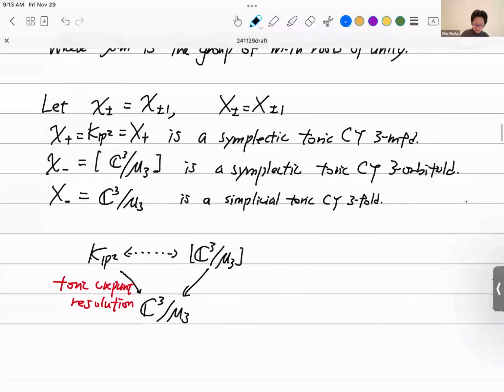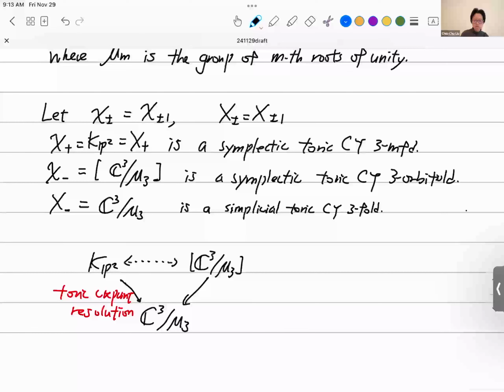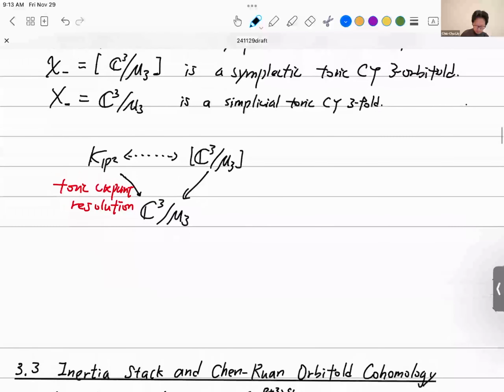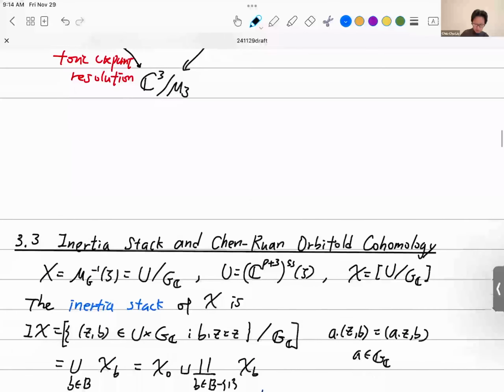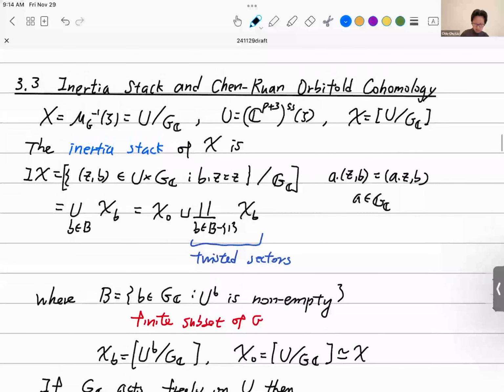Yeah, and in this case, actually, KP2 and C3 mod mu3 are two different resolutions. So if you blow up the origin of C3 mod mu3, you get KP2, and this is a toric crepant resolution. On the other hand, if you consider the quotient stack of C3 mod mu3, it is as smooth as a stack. Okay, so this is the example. So next we want to talk about the